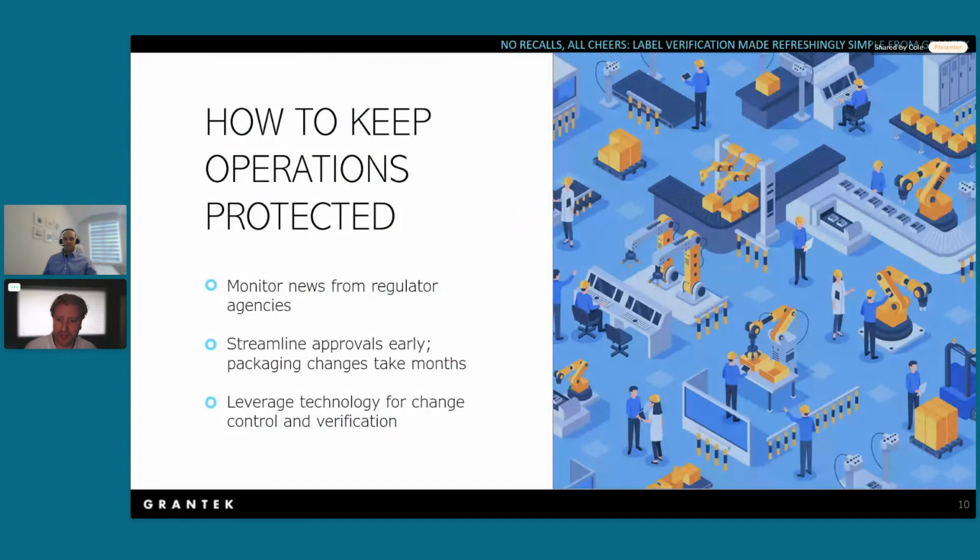Secondly, build a streamlined packaging and label approval workflow that brings together marketing, brand teams, packaging designers, printing vendors, operations, all from the start. This cross-functional approach will ensure that all perspectives are considered and reduce any bottlenecks when these changes are needed. So,